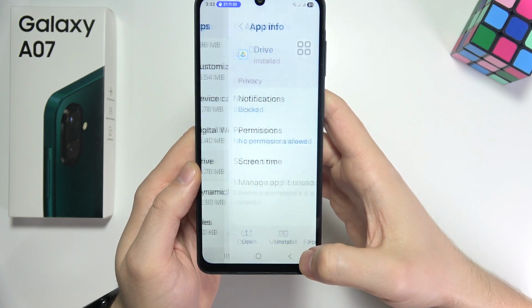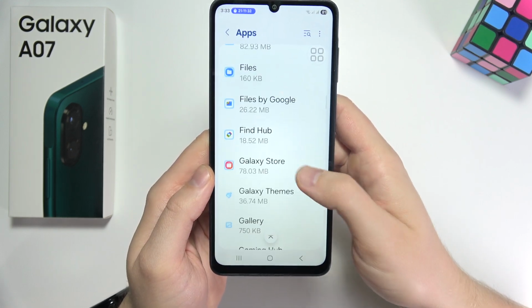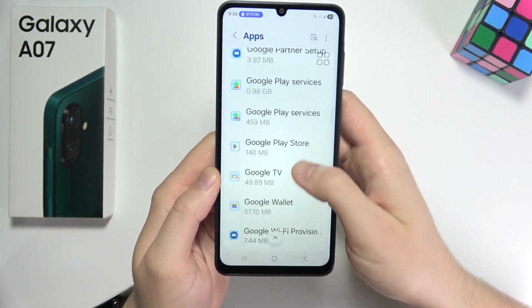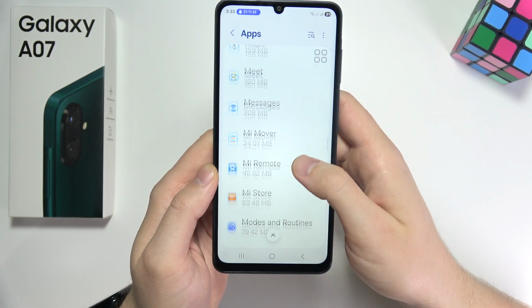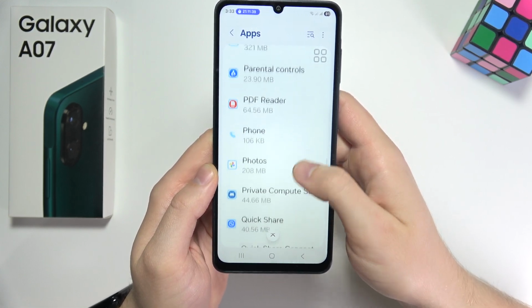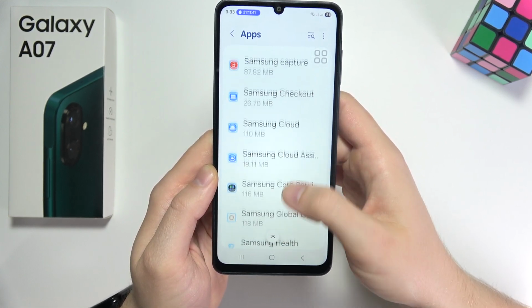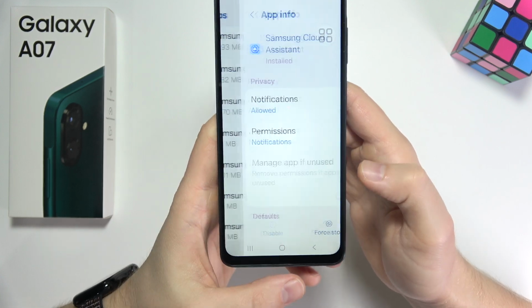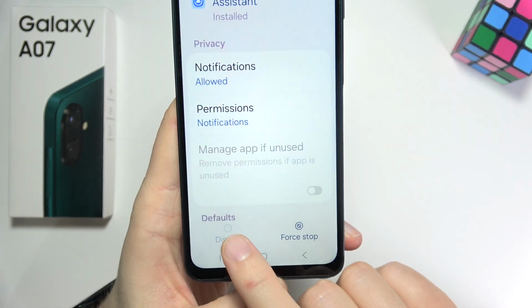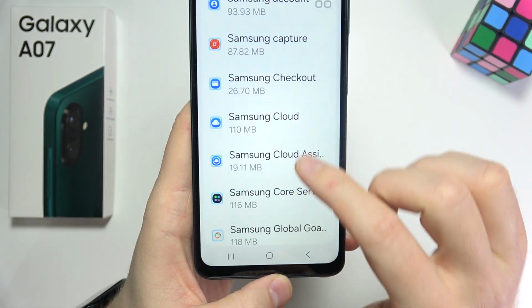We can try to do that with the Google Drive. It's not here. So I believe that it will be available in some Samsung applications that we should find somewhere here, for example the Samsung Cloud. As you can see here, we can find that disable button,